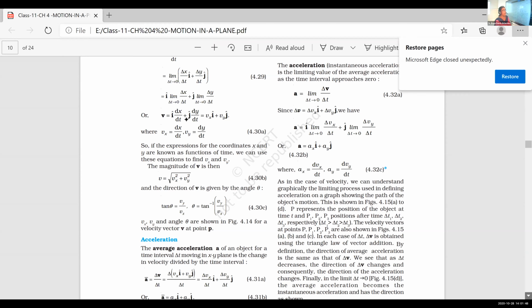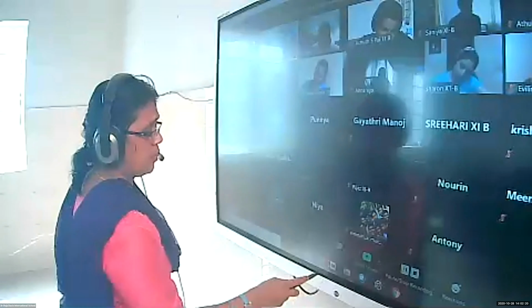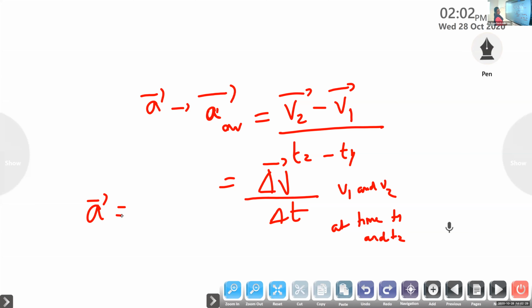By resolving a into two components, we can represent acceleration as: since it is v2 minus v1, we can write Vx2 i plus Vy2 j minus